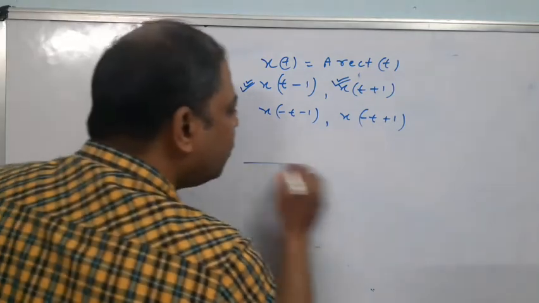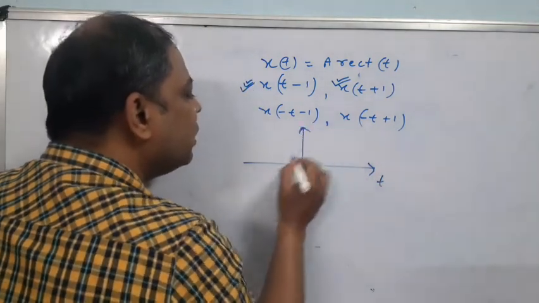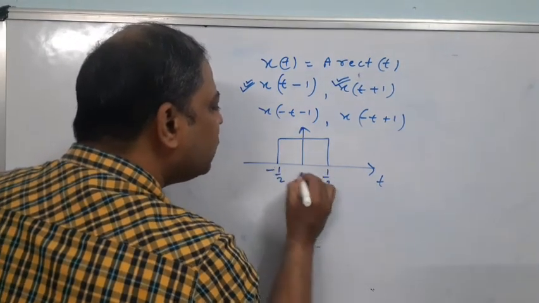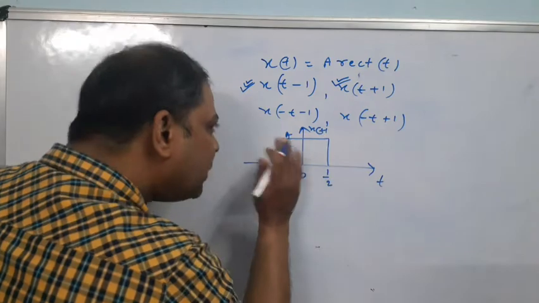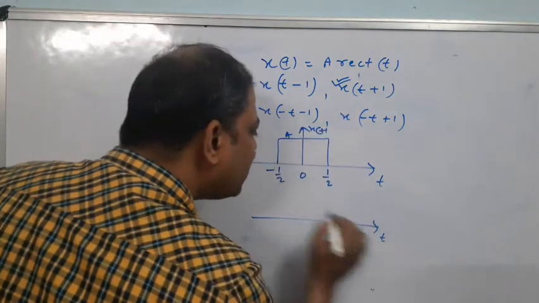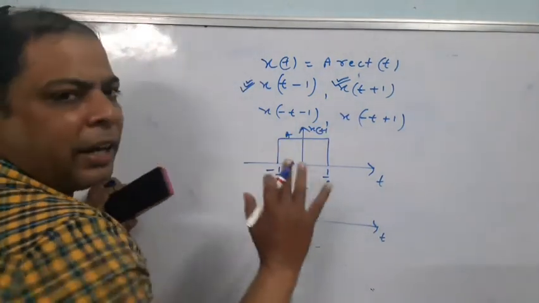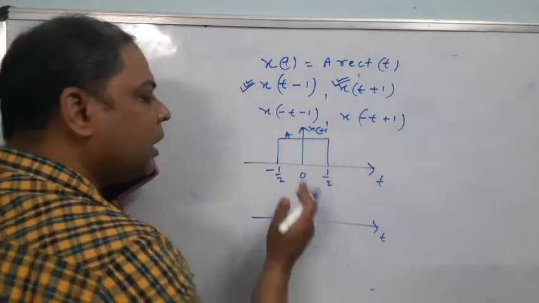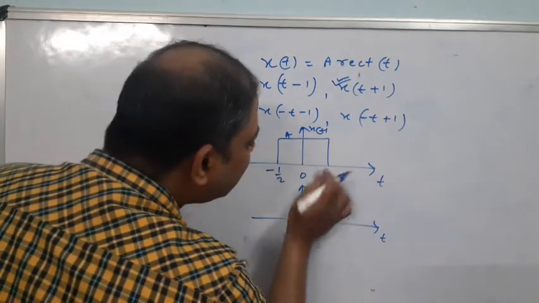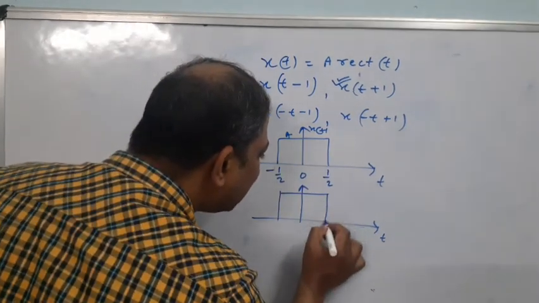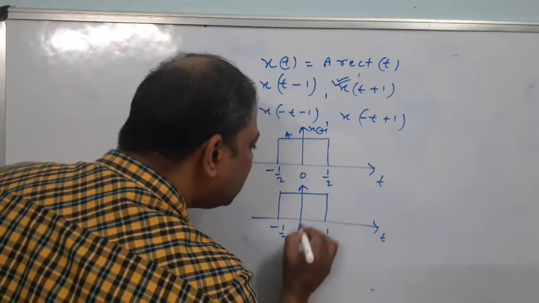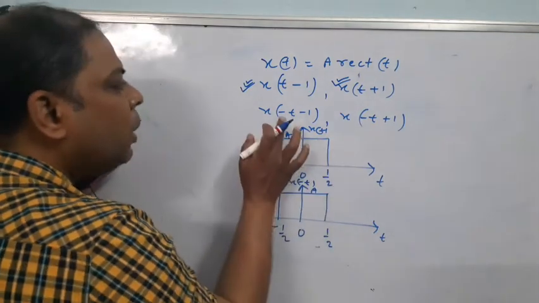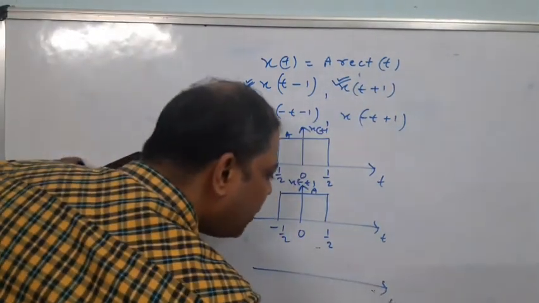Okay. So now see, this is the time axis, and this is the signal you have already drawn for x of t, with minus 1 by 2, 1 by 2, 0, and a. Now let us fold the signal. It is an easy way to draw the signal quickly. After folding, this side becomes that side, so we get the same signal in this case. This is your x of minus t. But what you have to do is x of minus t minus 1.